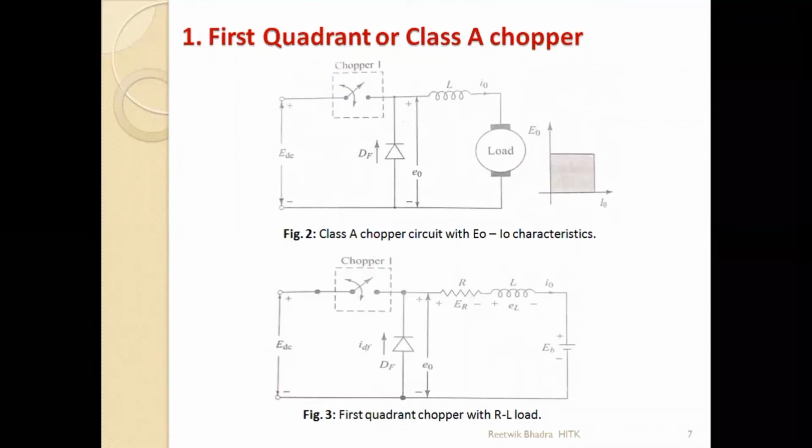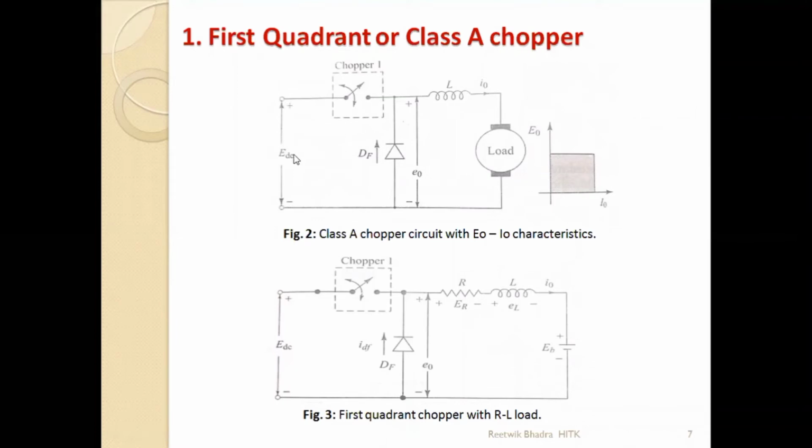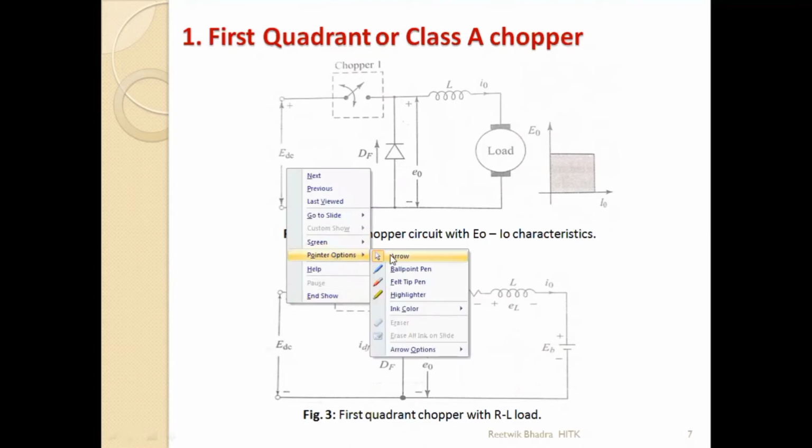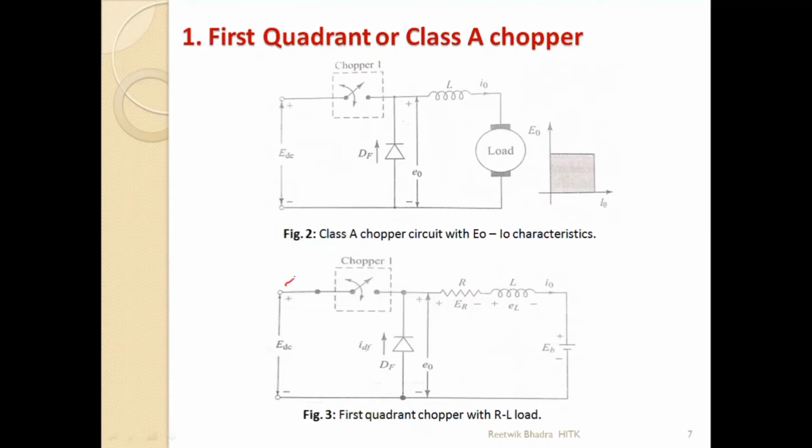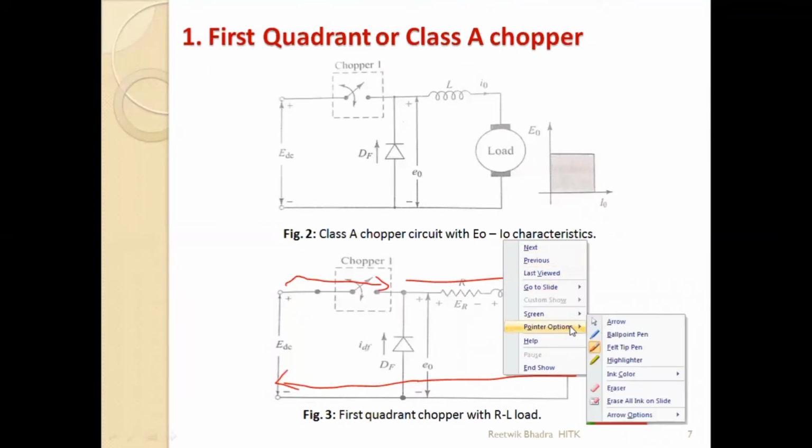Okay, I'm going to this diagram once more. Just explaining you over here only, then you will go to the figure. Now when this switch is on, current will start flowing from this positive terminal, goes through this, can't flow through this diode, it will flow through this RLE load, then back to this E negative. Okay, this is our first diagram.